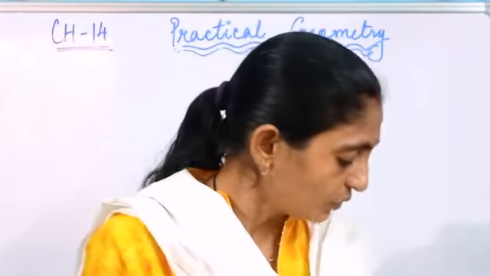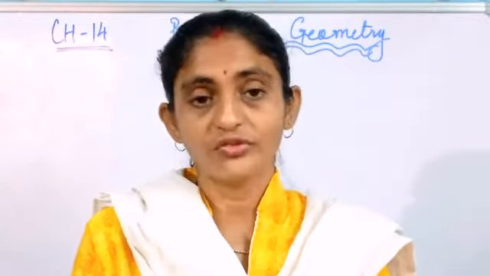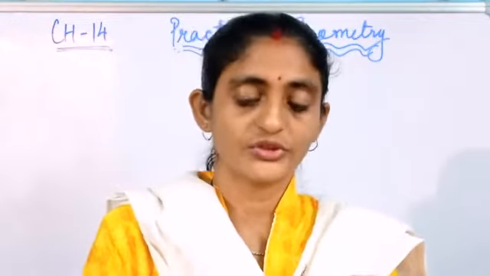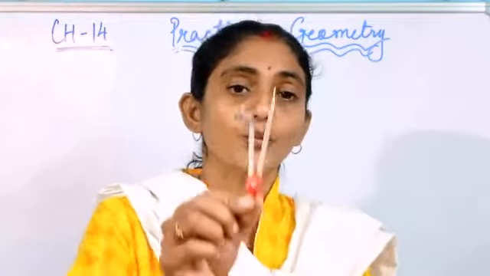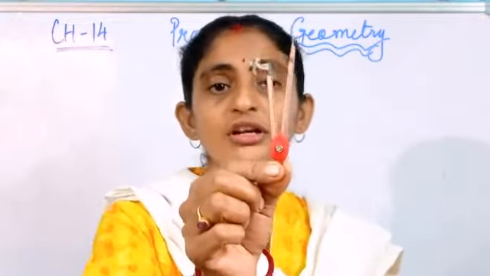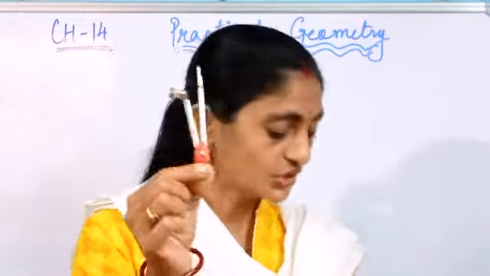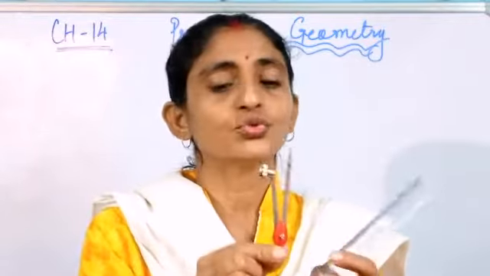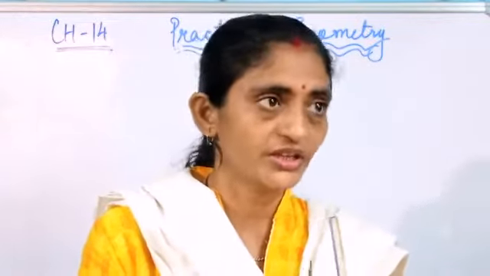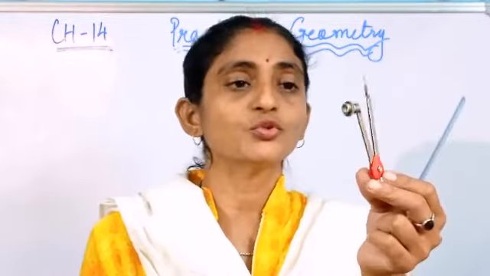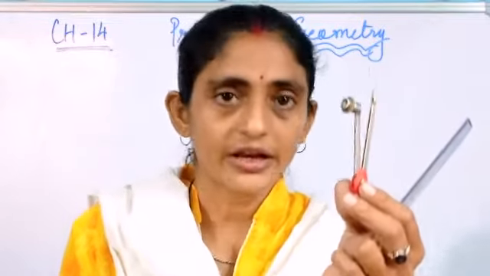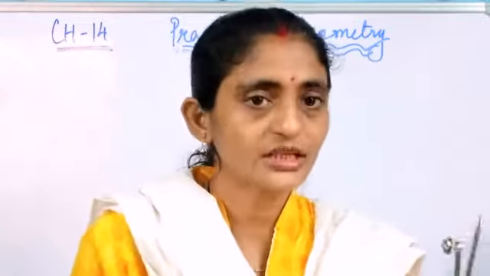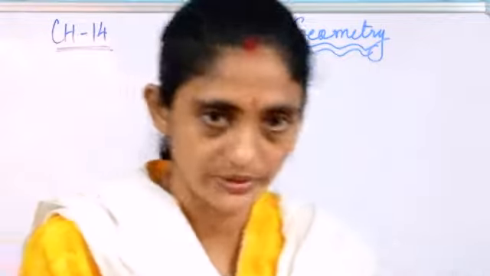Okay, now you are all very familiar with drawing circles of different sizes. You people used to make different patterns also, different shapes also. So for that, which is the most useful instrument you use? This is called a compass. So here we are going to use this compass and this ruler to draw the circles. Okay, by these two we will construct many of the shapes for the next exercise. So here this compass will be used to draw the circle, and with the circles we will proceed for the next exercise. Okay, let's come to exercise 14.1.